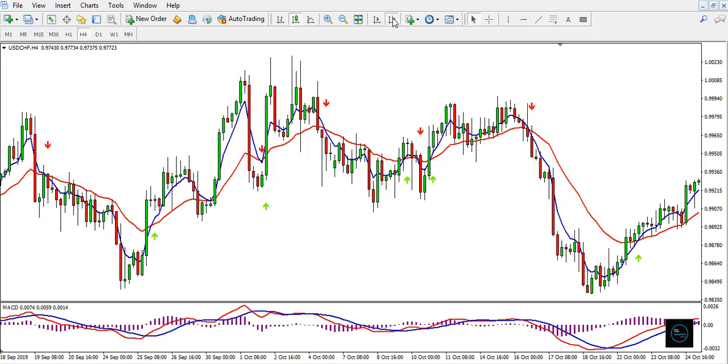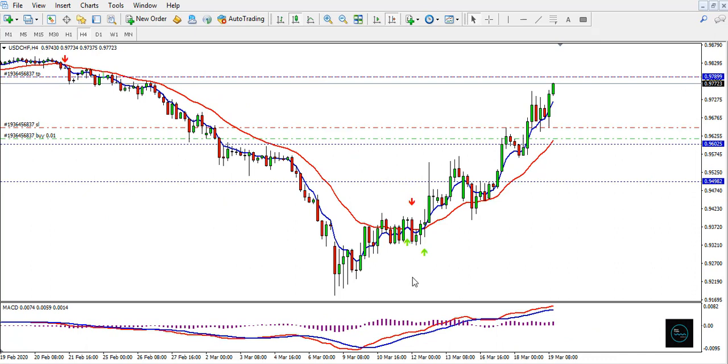So going to the 4-hour chart, you can see that we've had a steady increase in the market. All you have to do is wait for the market to dip down, and you just have to get in. I had a lot of opportunities to go into this trade more than once, but I wasn't really watching my charts as I should, which is wrong of me. But this is what's happening so far.